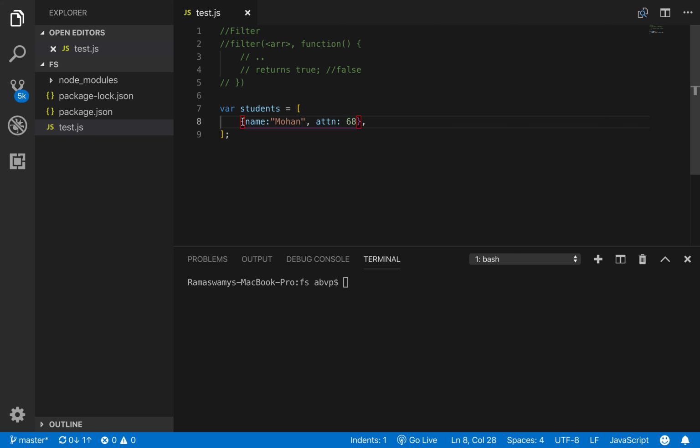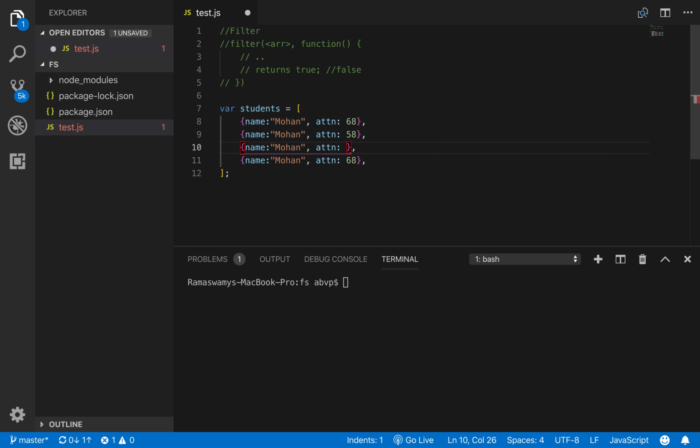So let us similarly create some more students. Say attendance 58 and say attendance 77, attendance 22.